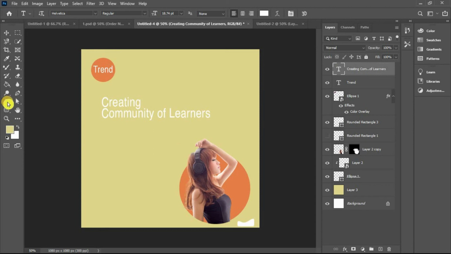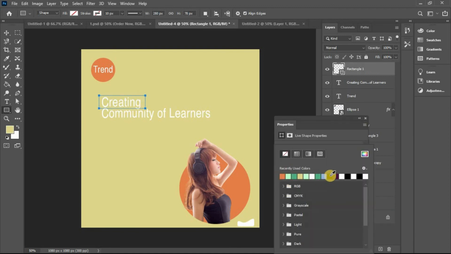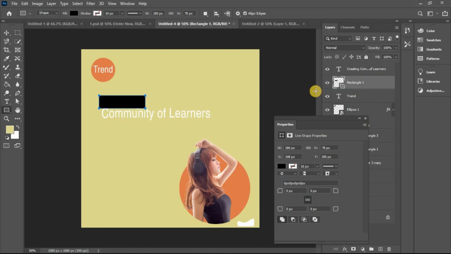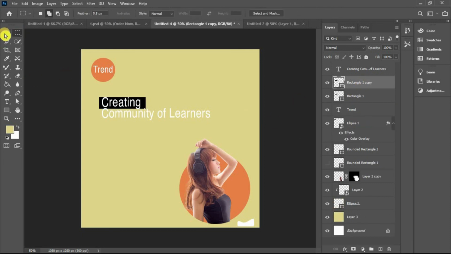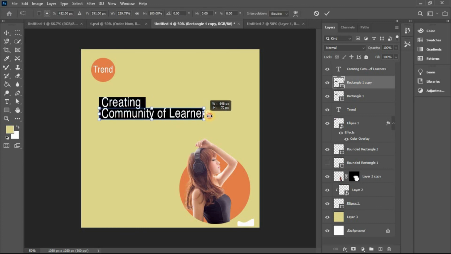Add some background. Take a rectangle, okay, leave it black and place it behind. Okay. Press Ctrl J to copy it, place it here and increase the size.